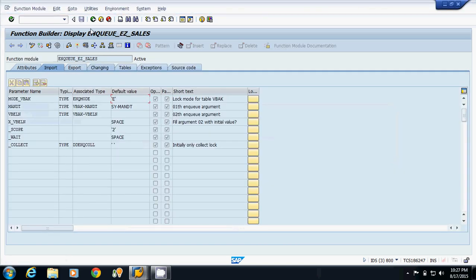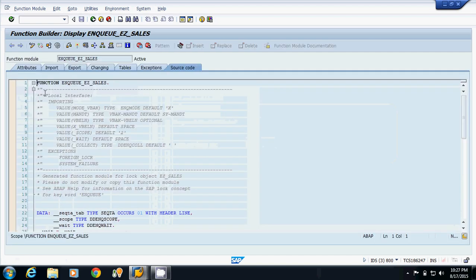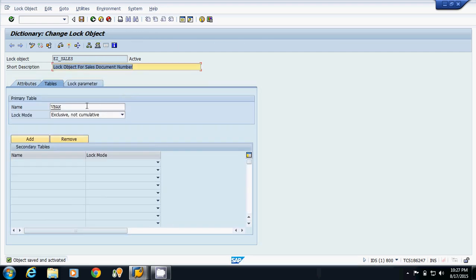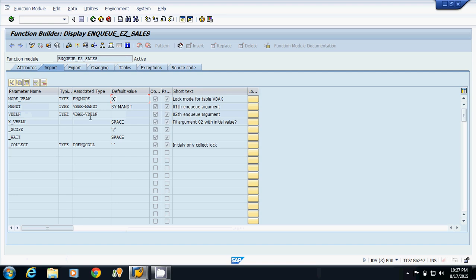If I check the values in this function module again, now the value of the mode is X. So in case of read lock, the value is S. In case of write lock, the value is E. In case of enhanced write lock, or exclusive not cumulative lock, the default value is X. So whenever you are creating a lock object or changing something in it, SAP regenerates these function modules every time.